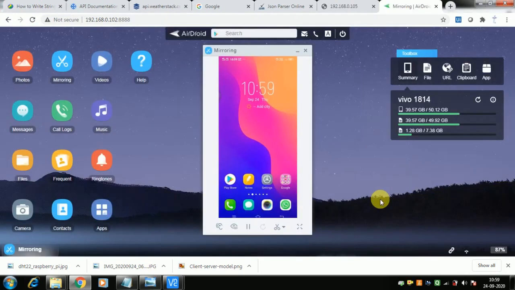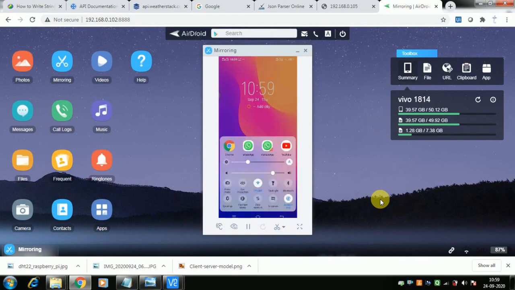So let us now access our server using a mobile phone. This is my mobile phone on the monitor. So you switch on your Wi-Fi in the mobile and get connected to the same router where the Raspberry Pi server is connected. Because if you are using a mobile data connection, it is like an external network, and because of this